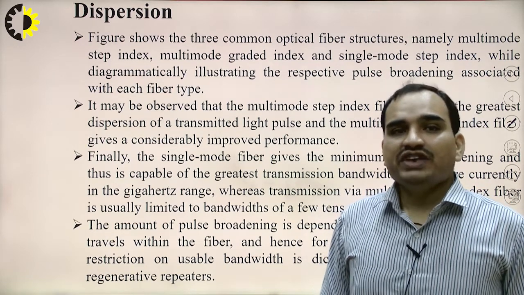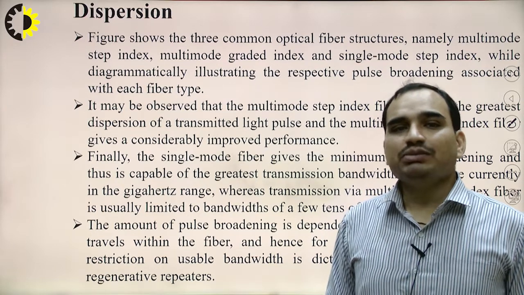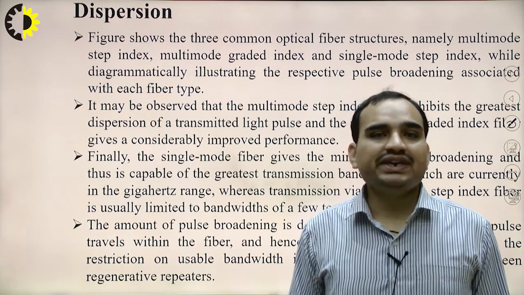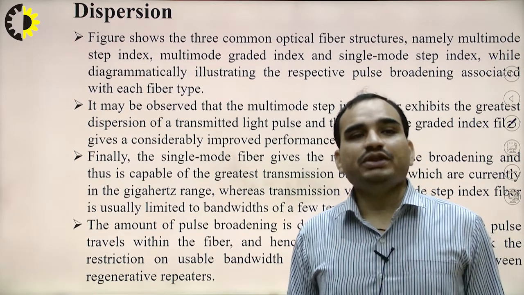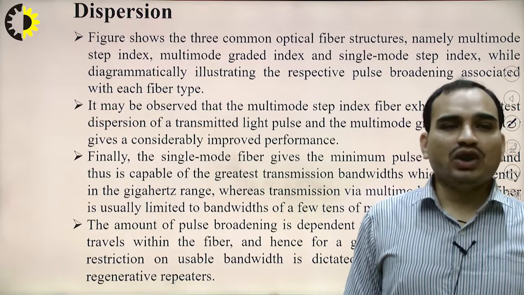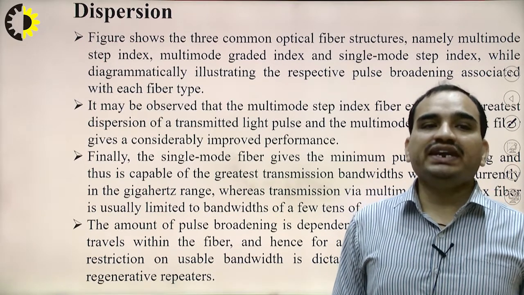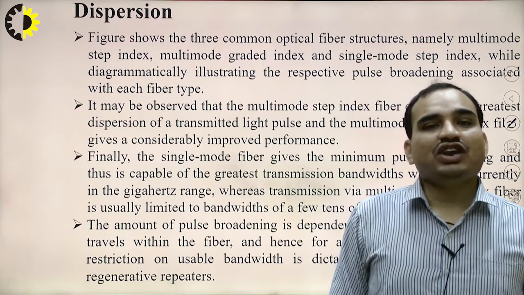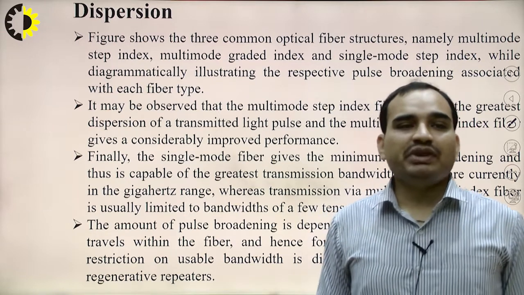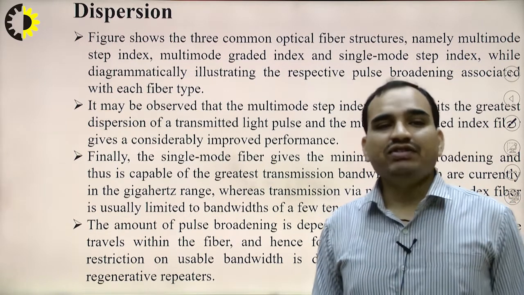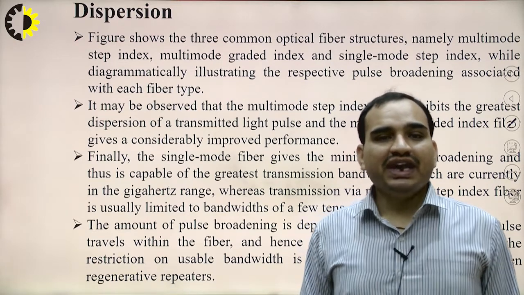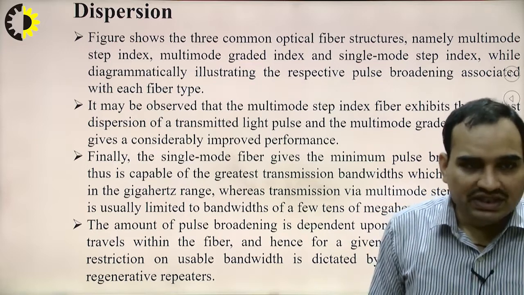It may be observed that the multimode step index fiber exhibits the greatest dispersion of the transmitted light pulse, and the multimode graded index fiber gives a considerably improved performance. Finally, the single mode fiber gives the minimum pulse broadening, and is capable of the greatest transmission bandwidth, which is currently in the gigahertz range, whereas transmission via multi-mode step index fiber is usually limited to a bandwidth of a few tens of megahertz. The amount of pulse broadening is dependent upon the distance the pulse travels within the